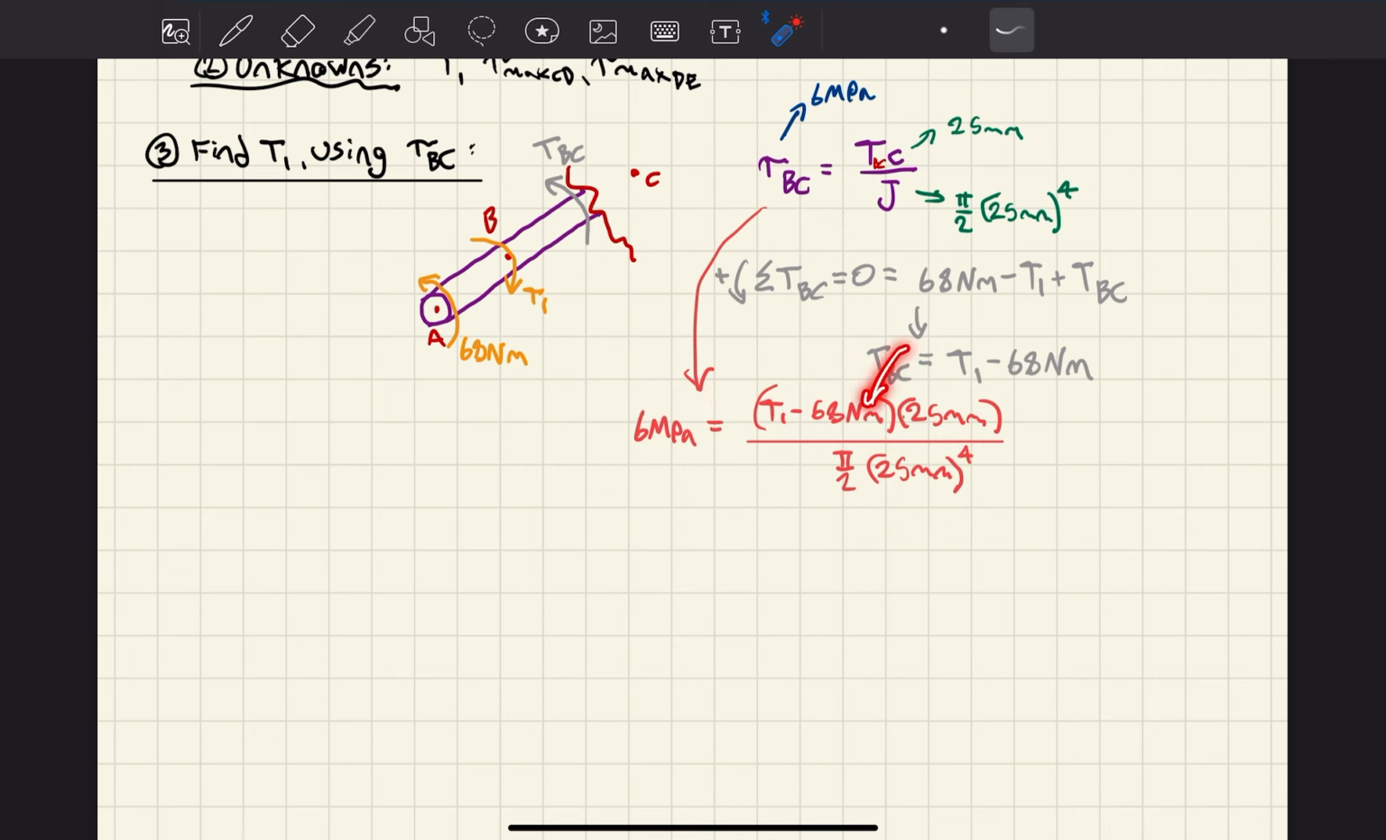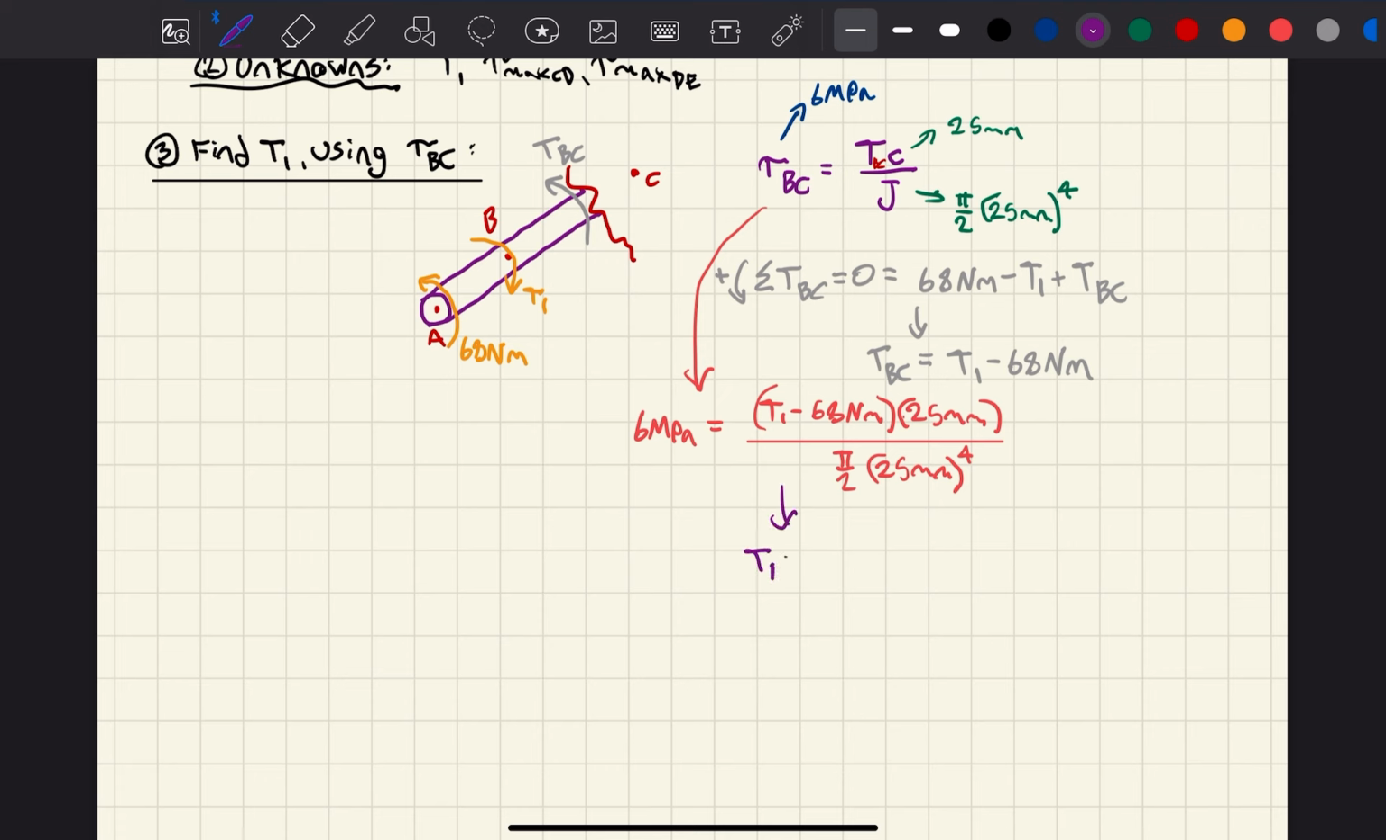You have to convert this Newton meters to Newton millimeters, right? Or you're going to get an incorrect answer. So please do not forget that. Just multiply it by 1,000. I think you multiply 68 by 1,000 to get Newton millimeters. Just doing that in my head. I think you multiply it by 1,000. But anyway, once you fix this issue, you're going to end up getting an answer of